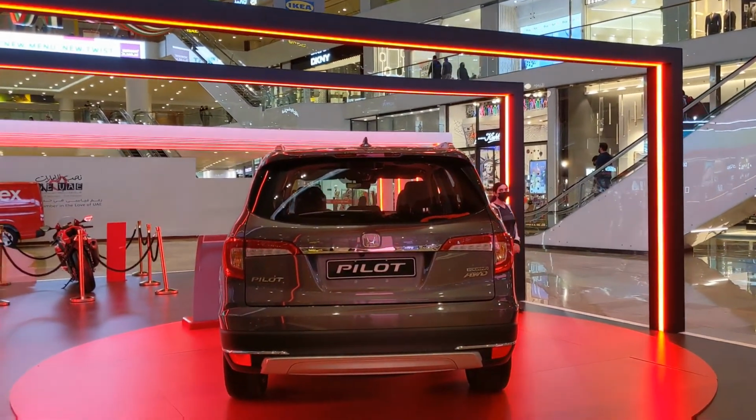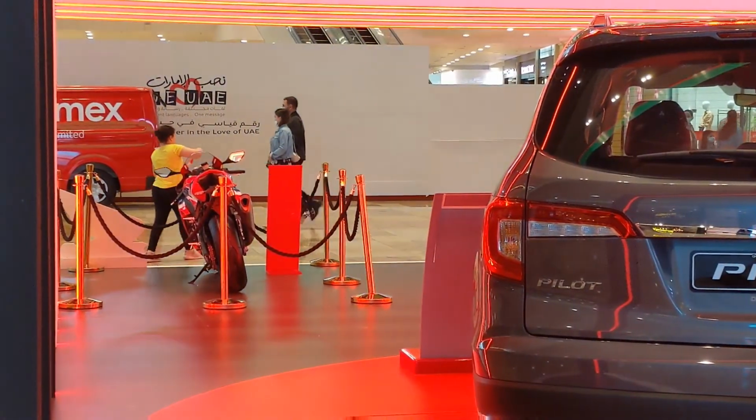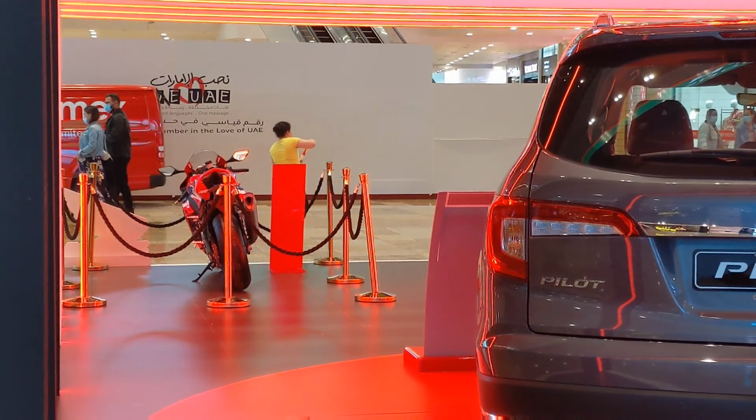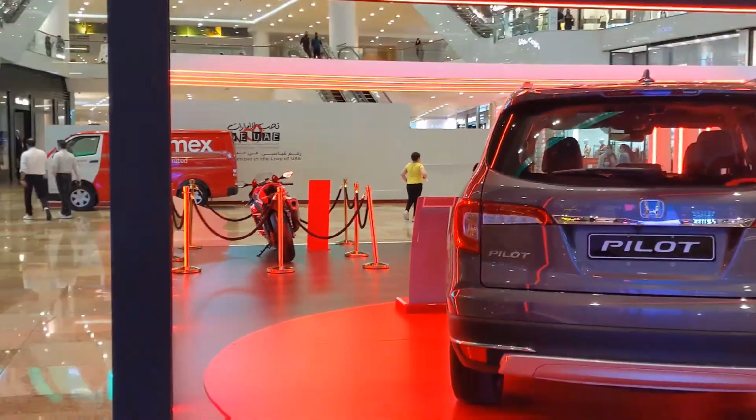Well, this is just a Honda Pilot, and back there is a pretty cool bike. Most of the bikes down here are very small 150cc's. That's a 1000cc RR, the new Honda race bike. But over here they have